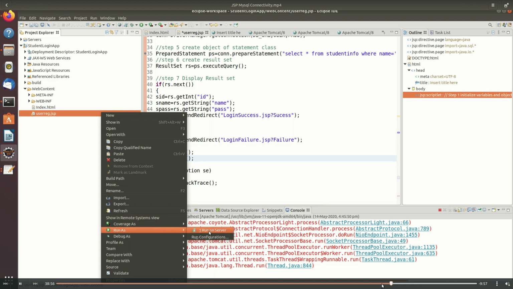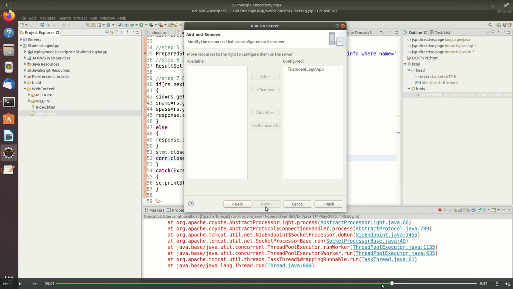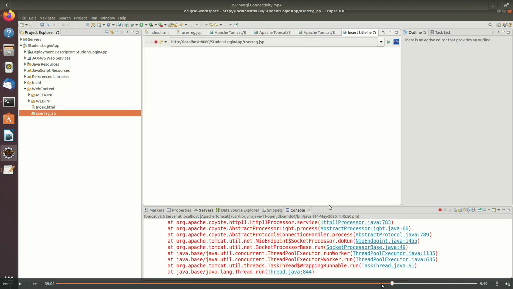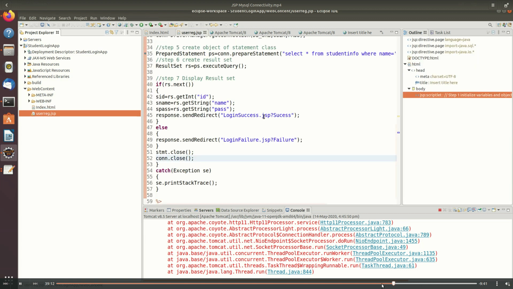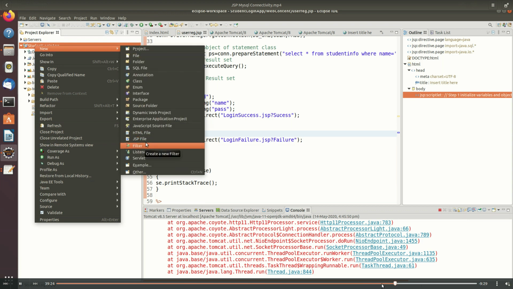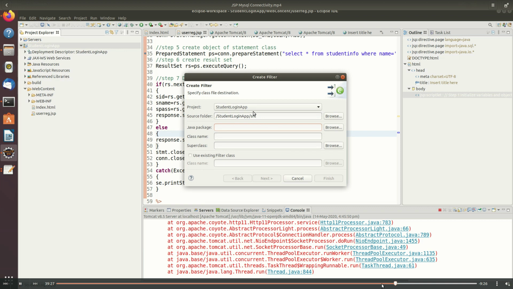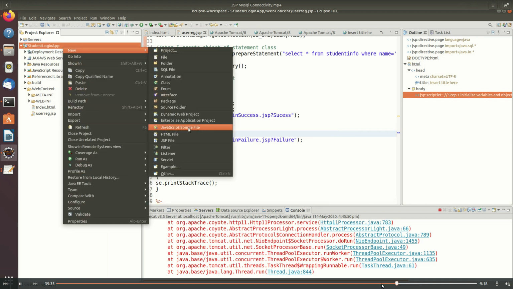Okay, I'm making some corrections that are required. Most of the time it is required to debug the code, since I have typed all the code in one go, so I have to identify the point where I'm getting the problem. So here the problem might be that the driver may not be loaded properly. So we have to check what the ways are. Another important thing that we have to do is that in this project we have to add the two JSP files. Okay, I'll do that first.